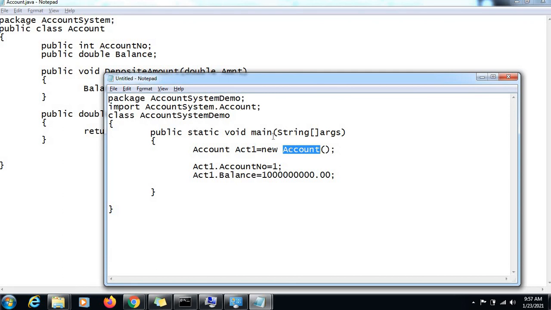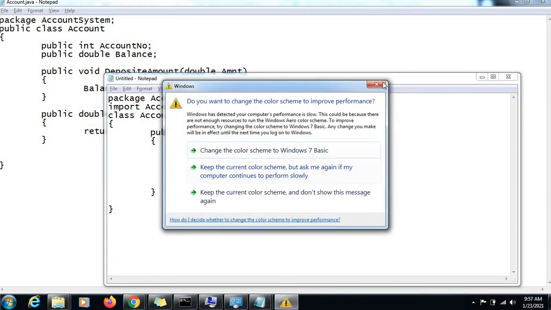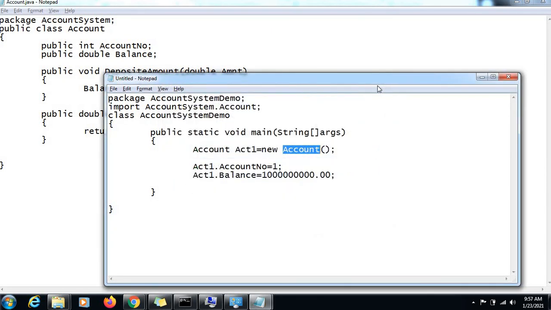But now in the context of your application, the customer will come and say, okay, I want the account number 1. So at the time of creation we want to set the value for the account number and, in some cases, the balance too, right?